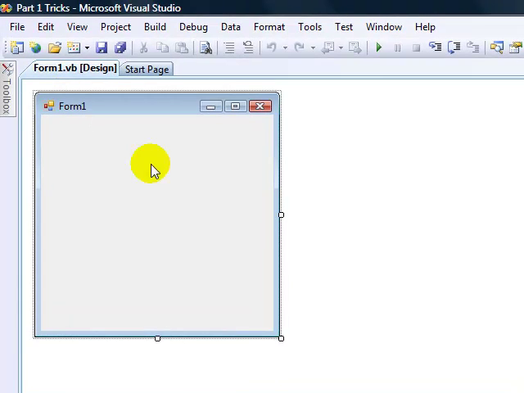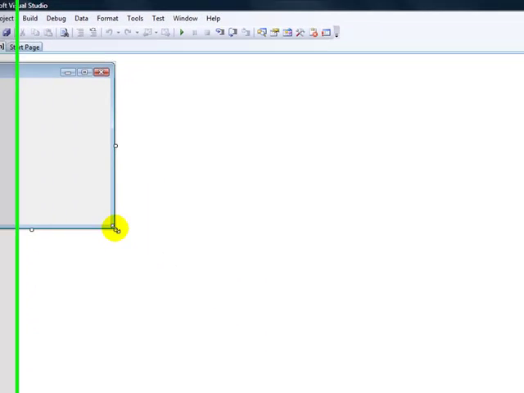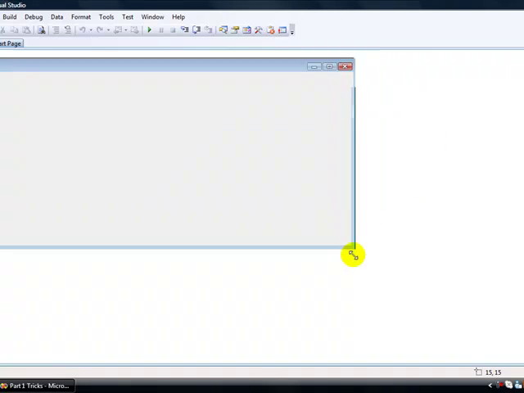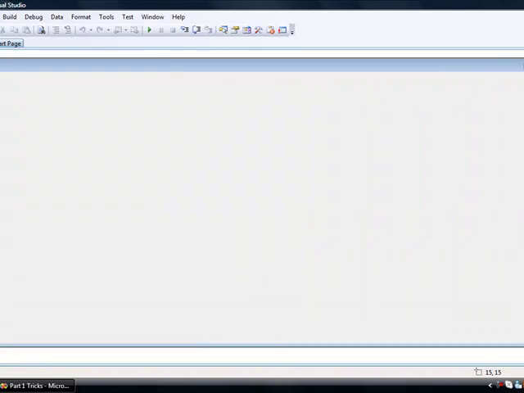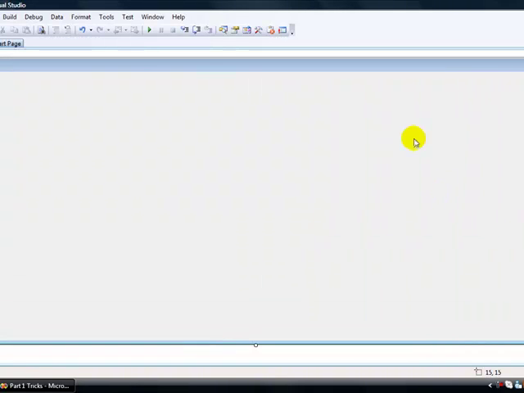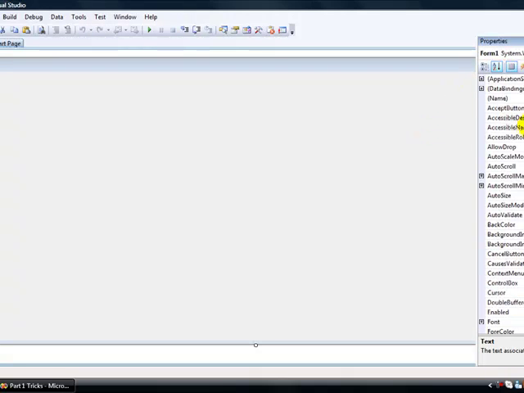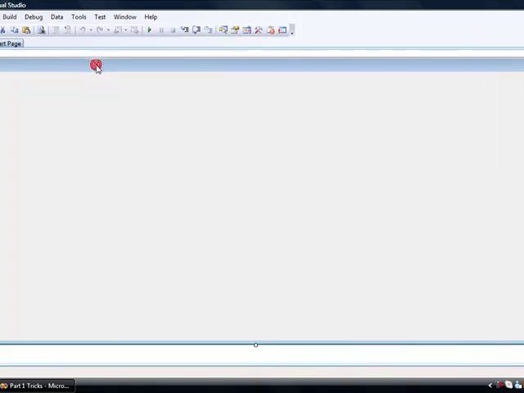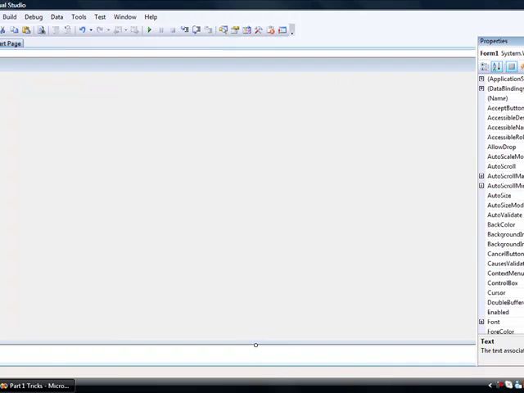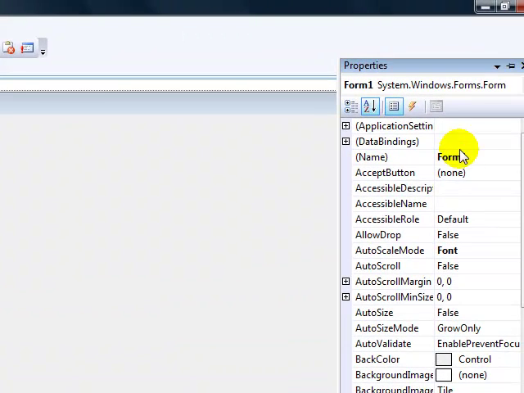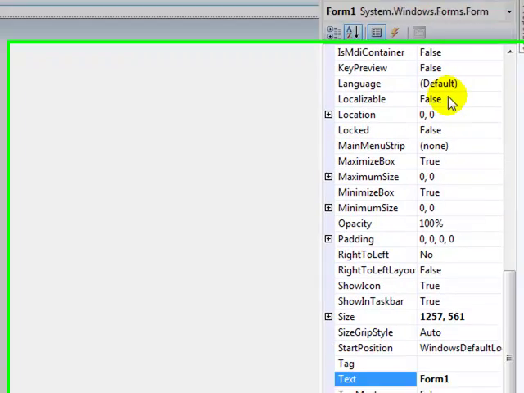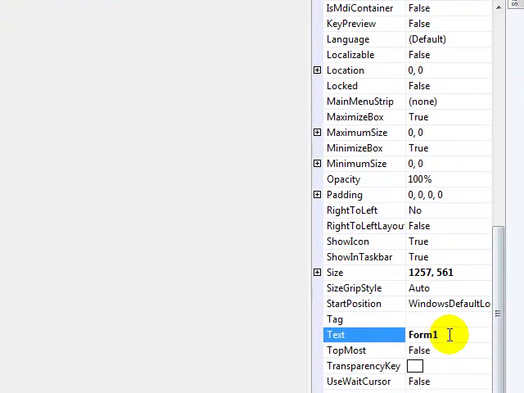Now, this here is the form. You can resize it. Today we're just going to be making a basic web browser, so resize it to quite a large size. Now we'll go through the properties. The properties, if you click on an item and then click the properties, it will have all the properties for that item. So the form name, don't change the form name. So here you've got everything here, but today we're just going to be doing the basics of changing this to web browser